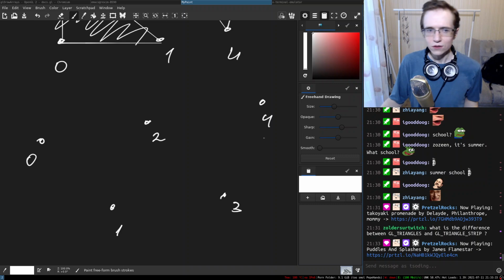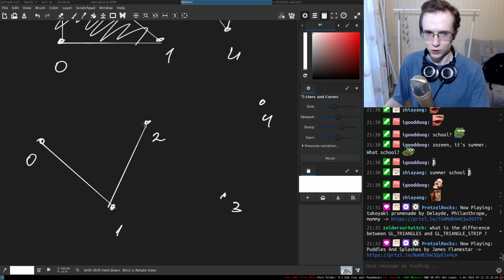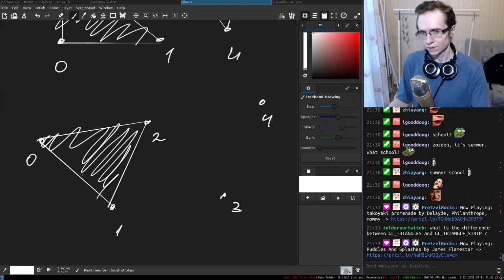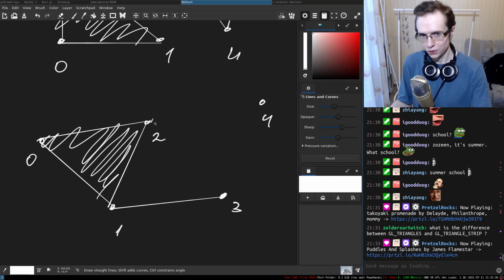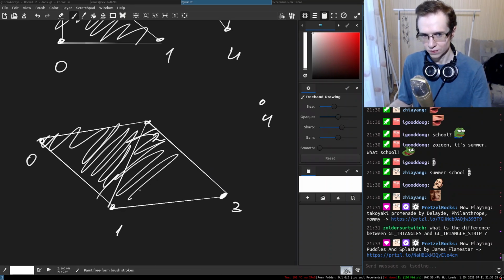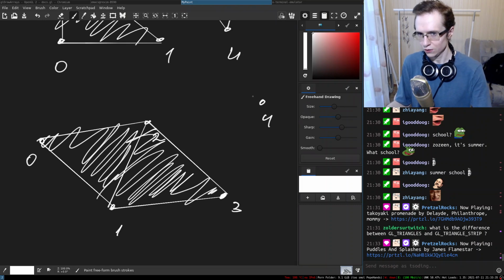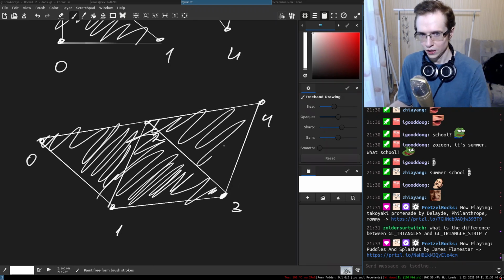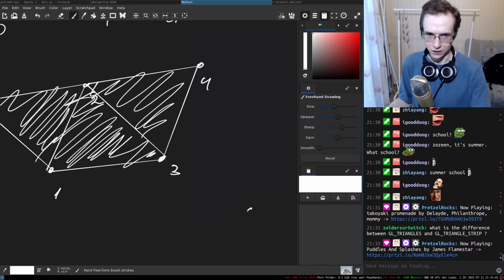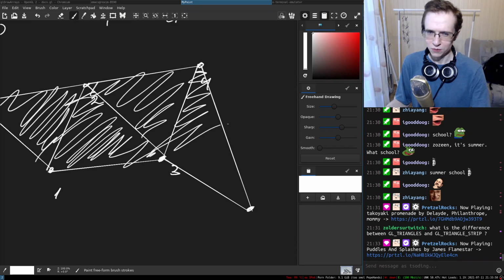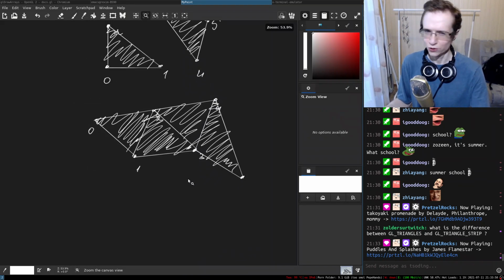Right. In a triangle strip mode, OpenGL will draw the following thing. It will take the first 3 vertices like that and draw the triangle. Then it will take the next vertex and connect it to the previous triangle like this, if I understand correctly, of course. And then it will take the next vertex and connect it to the next thing like so. If you provide more vertices like this, it will keep connecting them like that. Roughly, I don't remember specific details, maybe it actually does that in slightly different order, I don't know OpenGL, but